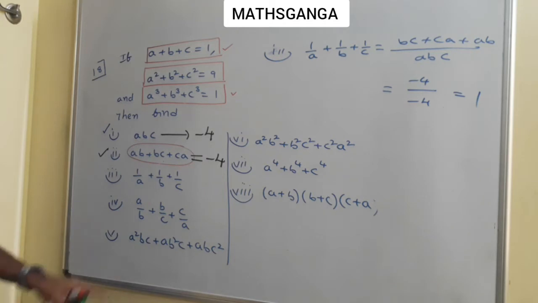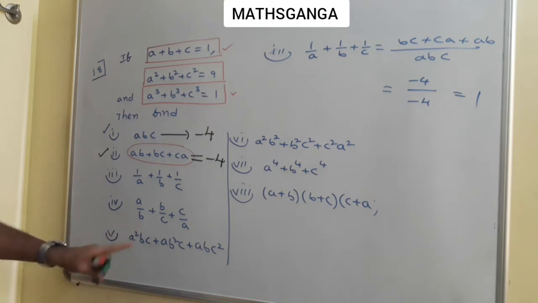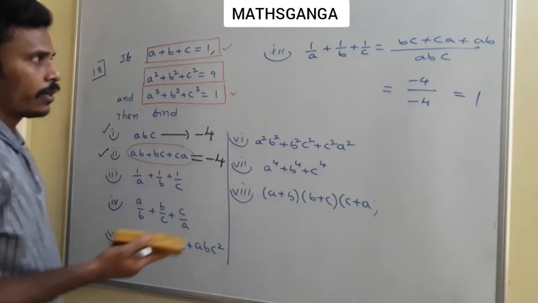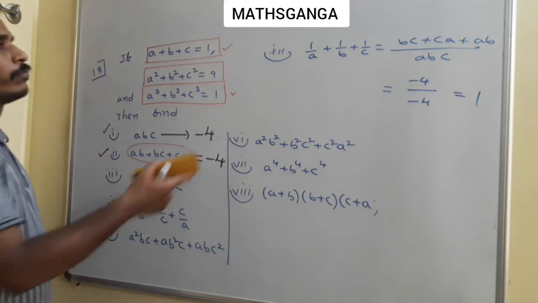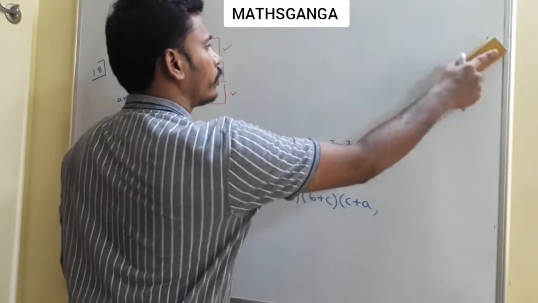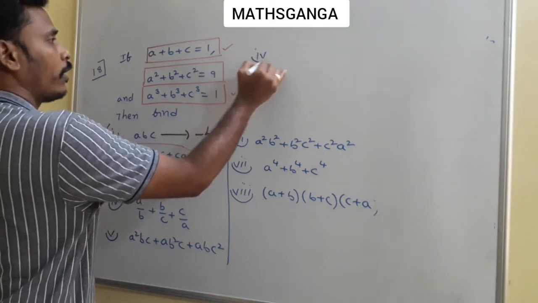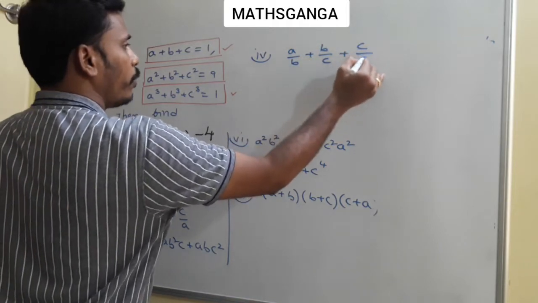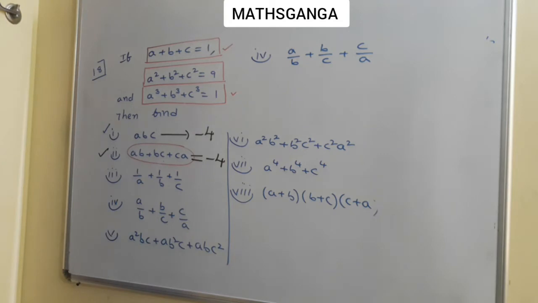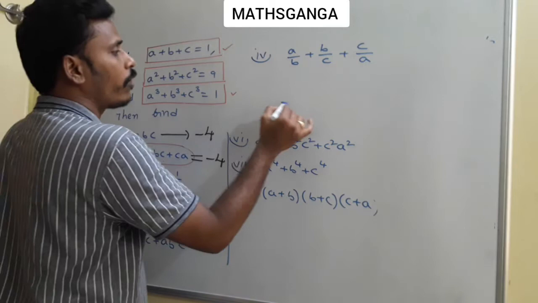Okay? And the same way you can solve the fourth one also. What is the fourth one? Okay. The fourth one is somewhat different, right? See, 1 by a plus 1 by b plus 1 by c is equal to 1. That's good. Then the fourth one. What is that fourth one? That fourth one is in particular a by b plus b by c plus c by a. Okay. If it is a by b plus b by c plus c by a, if you take LCM, still there is somewhat of a complication, right?